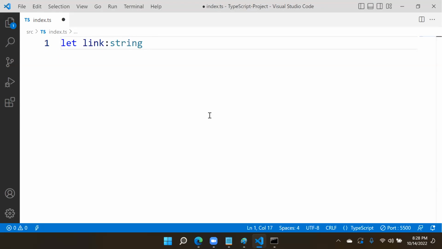String can be in double quote, or string can be in single quote, or string can be in backtick. So what is the difference? See, suppose I am writing a string like this, an anchor, that is a string. In this I am defining href, and href is equal to, I need another string,